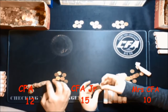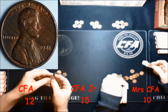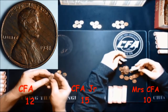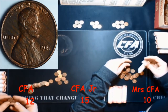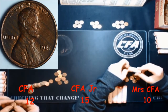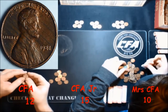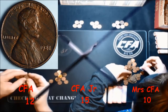I have like lines across it. Lines. Oh wow, nice. Woody. That's a 1981. That's a wood grain. That's what it was. I remember him talking about lines across a coin once, and I was like, that's a lot of lines. Yep. Well, it's debatable though about wood grain because Ken Peavy and I were discussing one time, and there's different things that can cause that, and a lot of the early 80s have it, so they're not extremely rare. We actually have a bag full of them, but